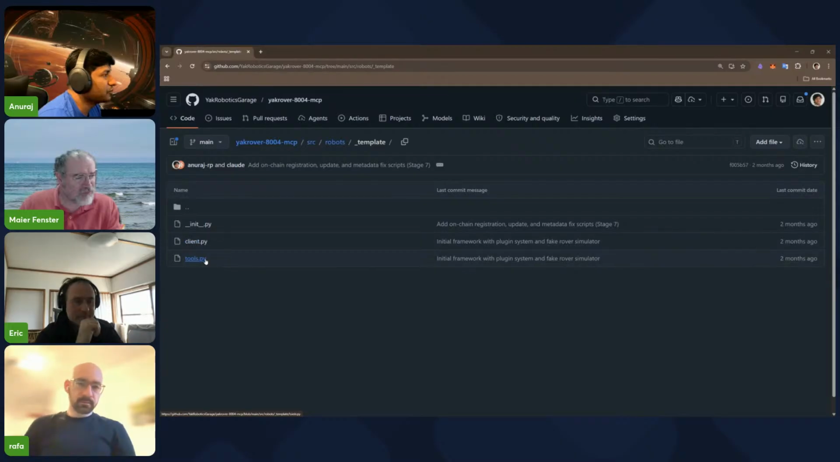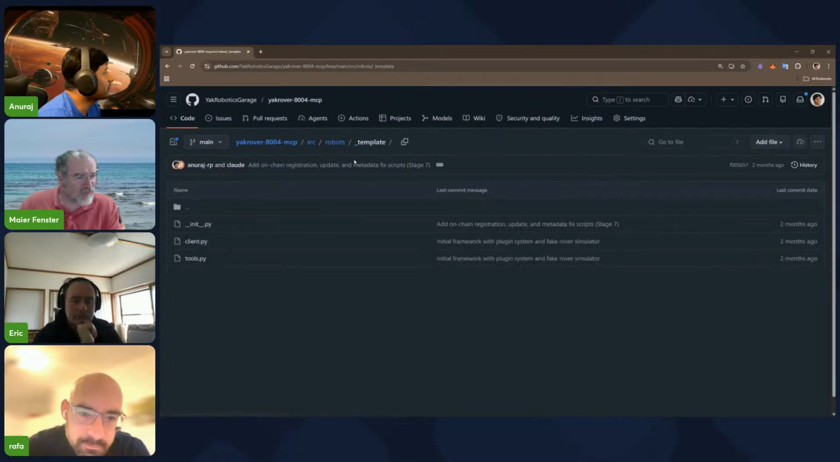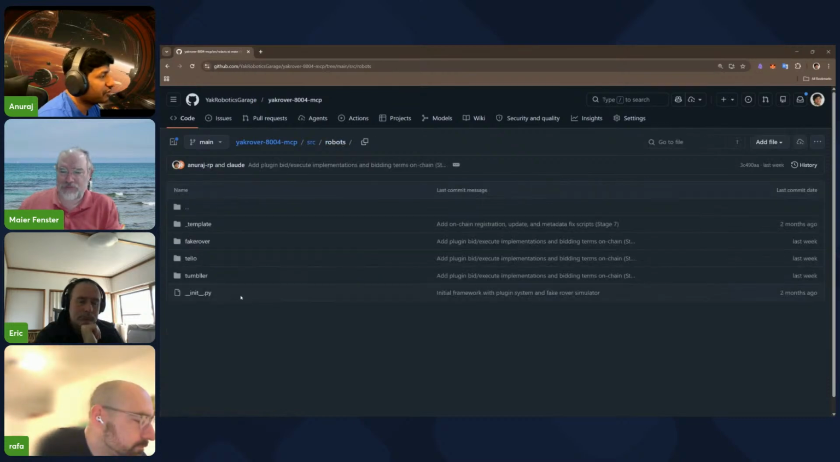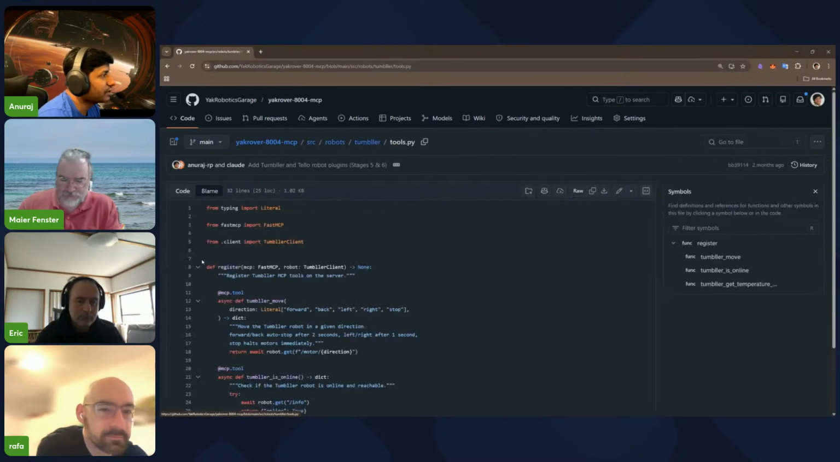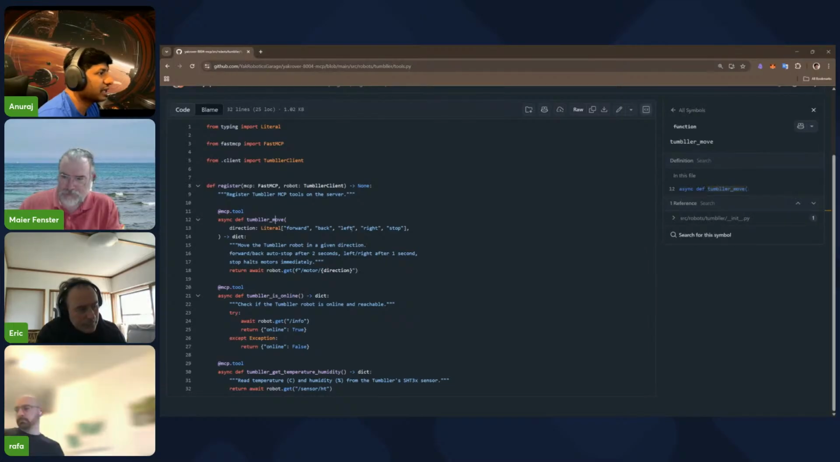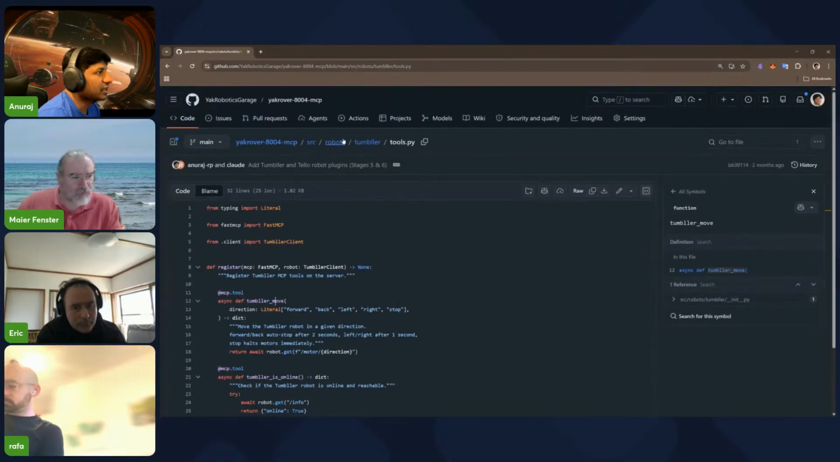It has just two Python files. That's it, and it depends on what affordances you want to expose. For the Tumblr, you only need four movements, so it's quite simple. These are just the MCP calls. Move has four parameters: forward, backward, left, and right. And then you will have to write